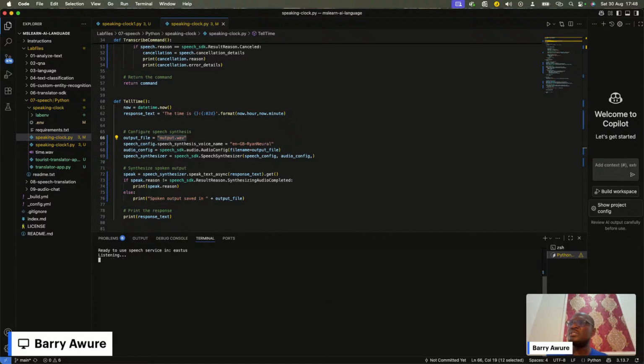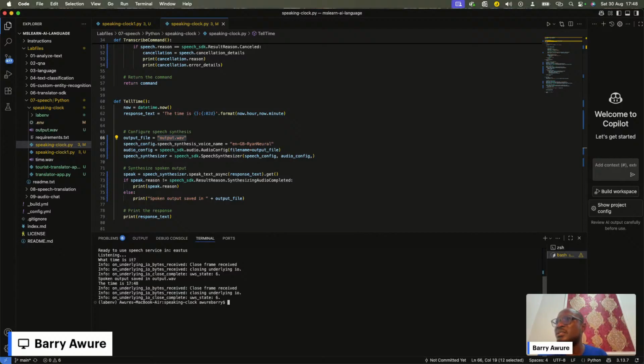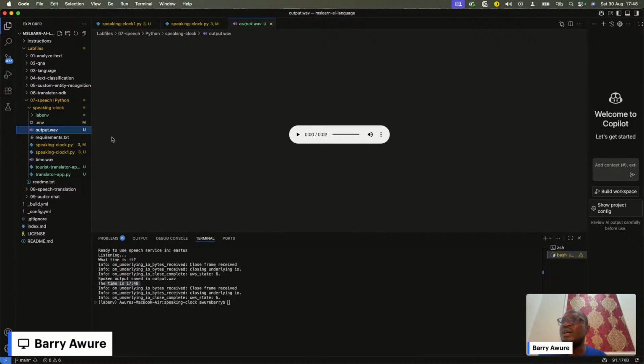So if we run this application again, it's listening and asking what the time is, taking that in as an input, and then giving us what the time is. Though yes, it's printing it out on the console, ideally what we want is for it to speak back to us. And this is the audio file there.